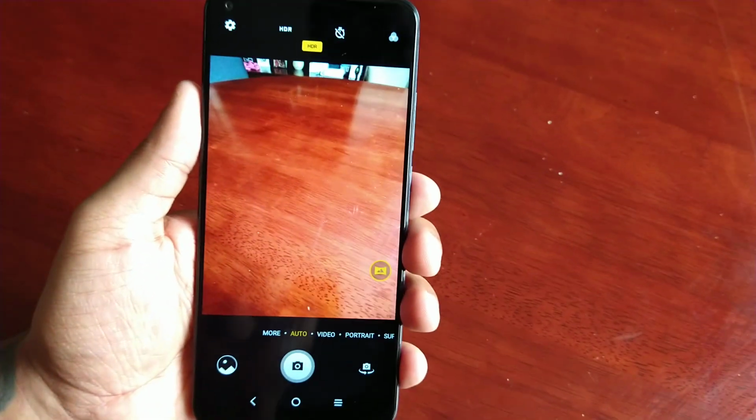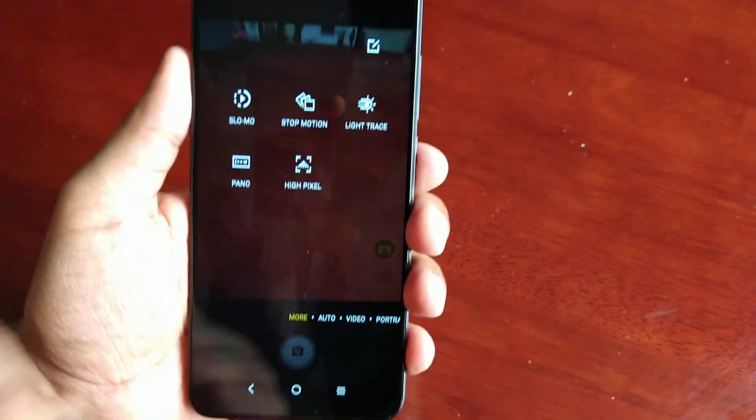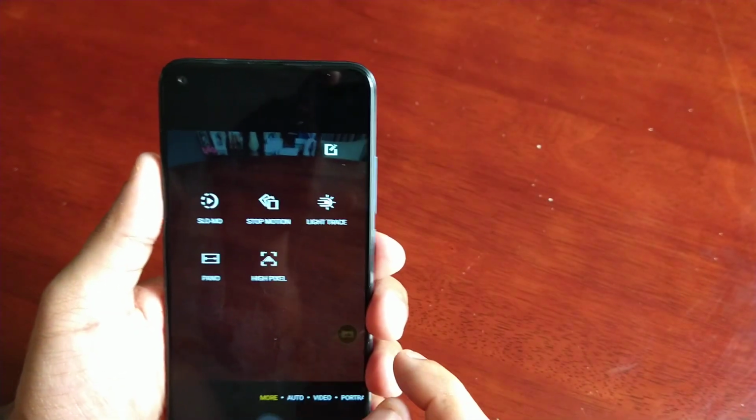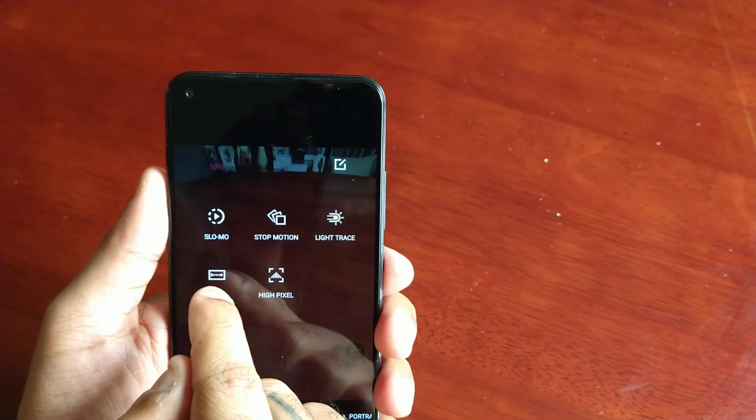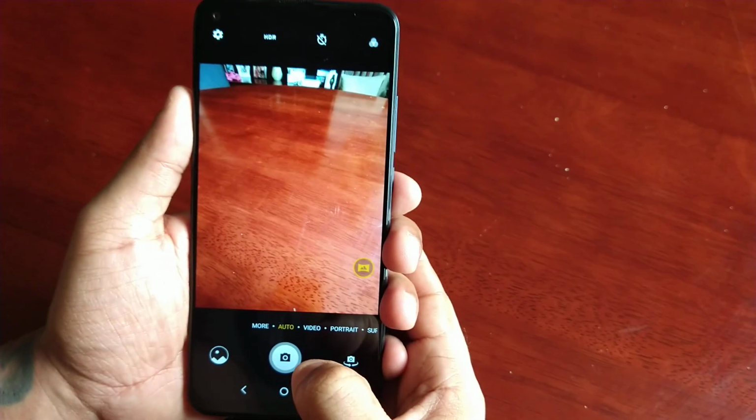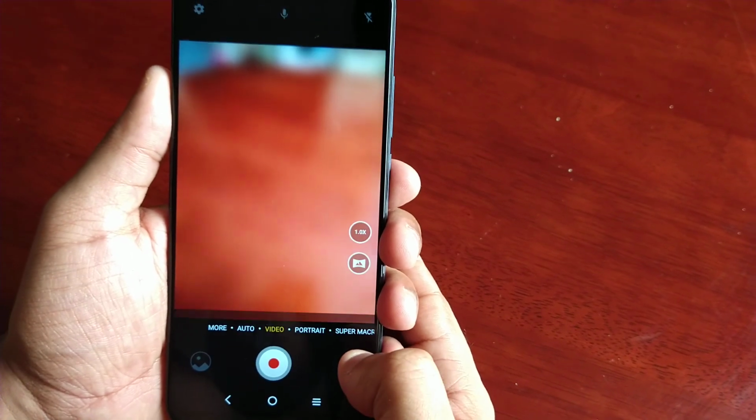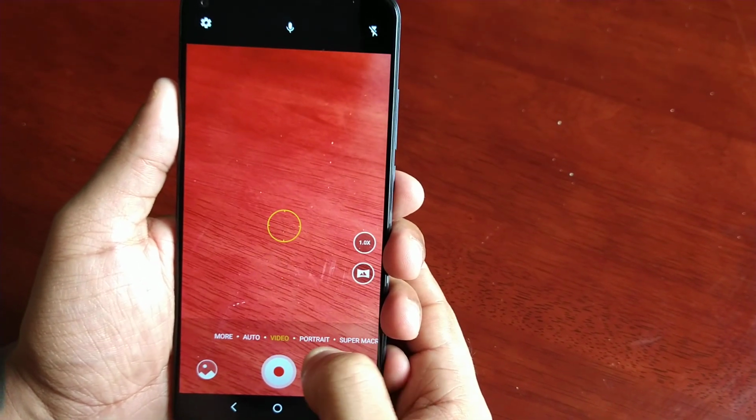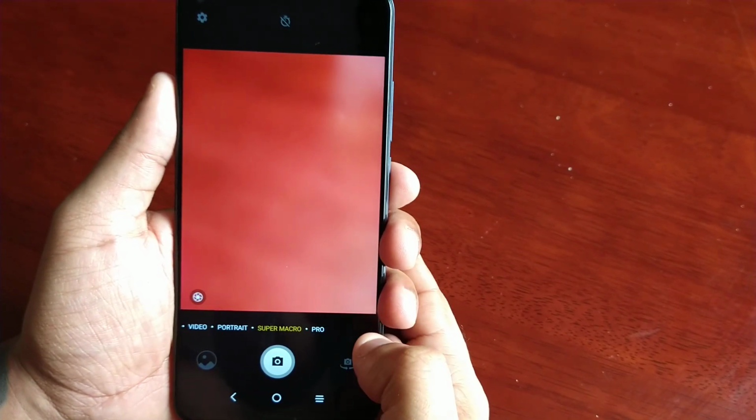Okay, so now down here at the bottom, we have more options. And we get slow motion video, stop motion, light trace, pano, and high pixel. Then we have auto beside it, and we also have the video mode options, portrait, super macro,